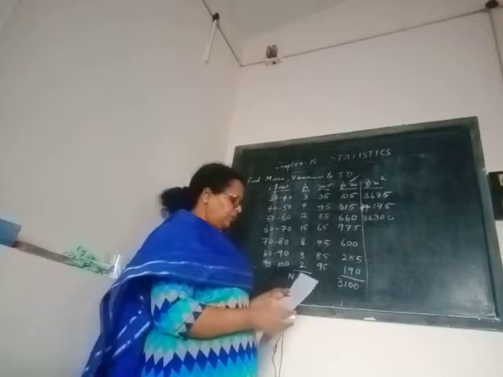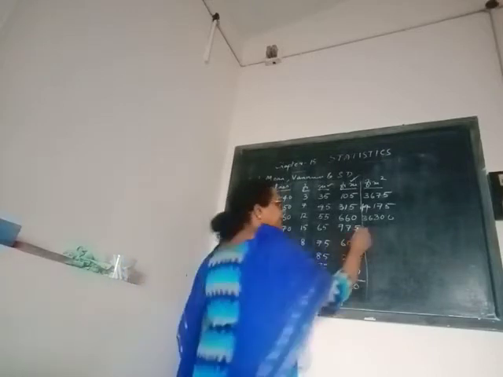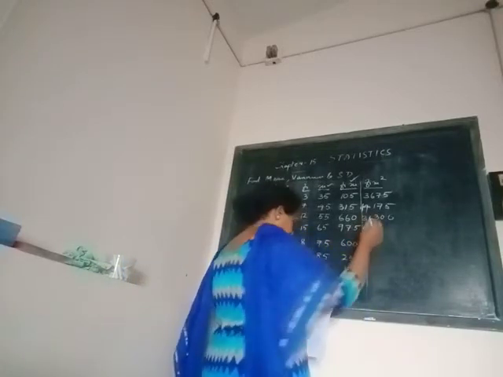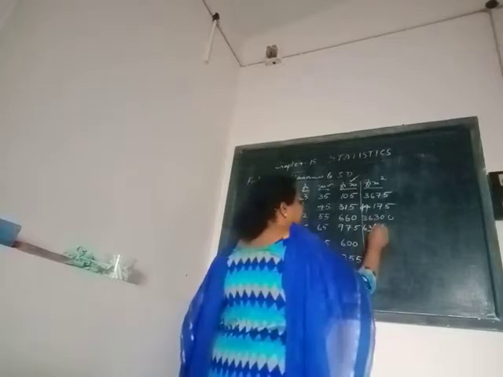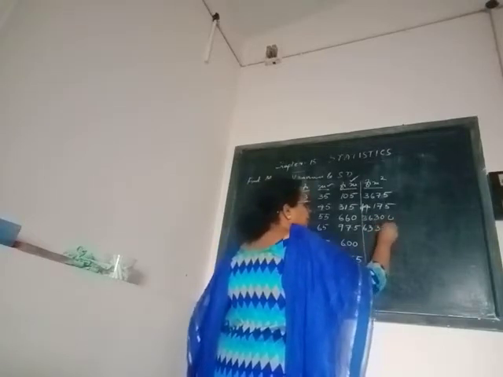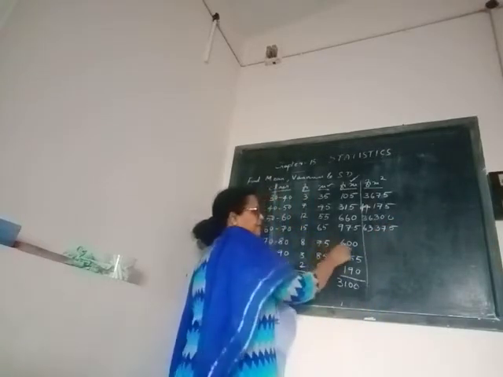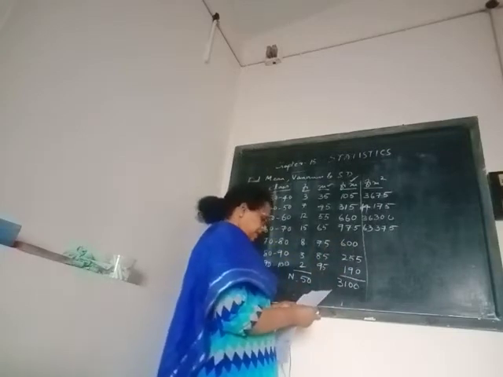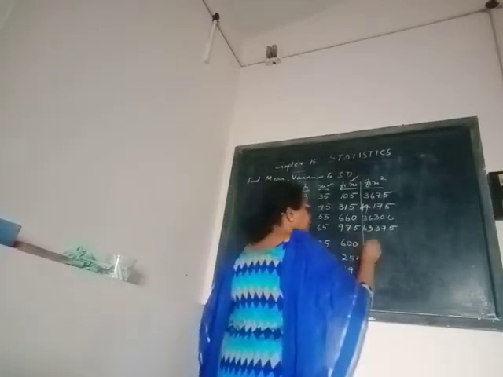Next is 65 into 975. It is 63375. Next is 75 into 600. It is